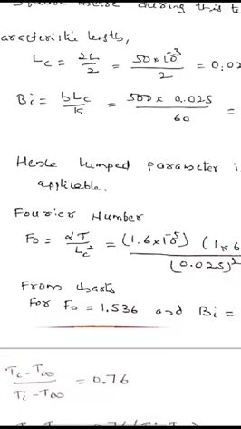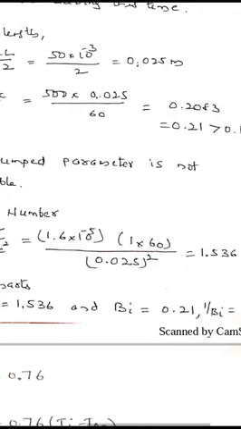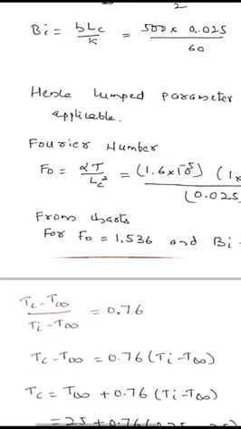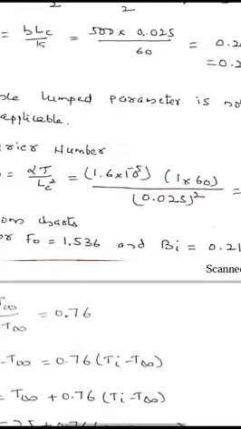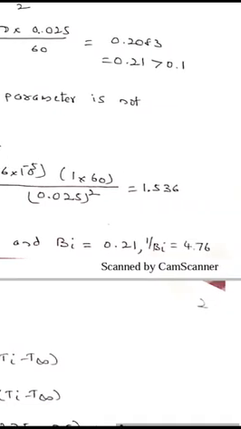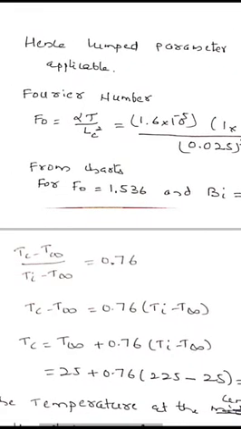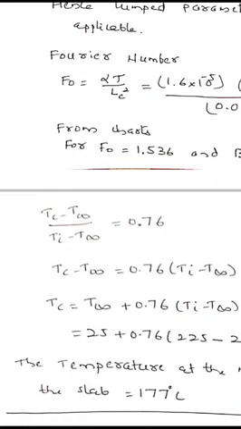Then find out the Fourier number. Fourier number, as I have defined, is alpha t by Lc square. Time is 1 minute, into 60 seconds. It gives 1.536. Using the graph from Heisler charts for Fourier number equal to 1.536 and 1 by Bi equal to 4.46, that is K by hL, we will find out Tc minus T infinity by Ti minus T infinity is equal to 0.76, which gives the center line temperature of the slab as